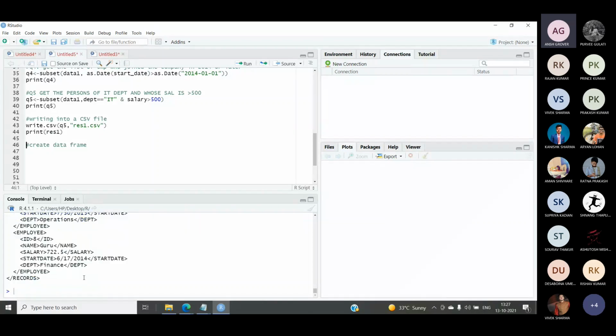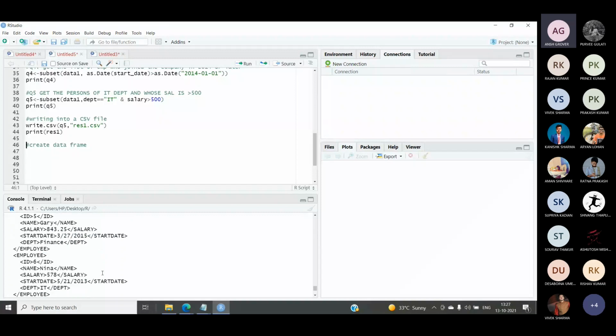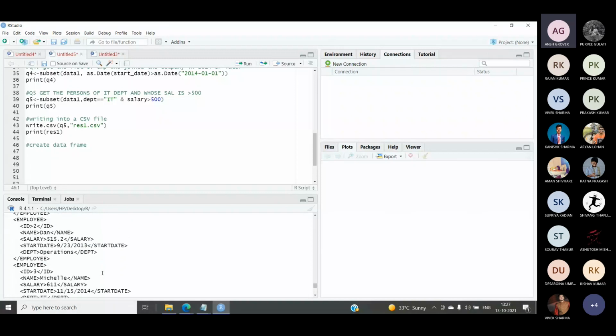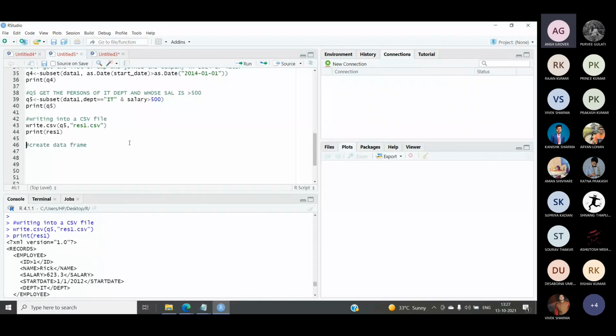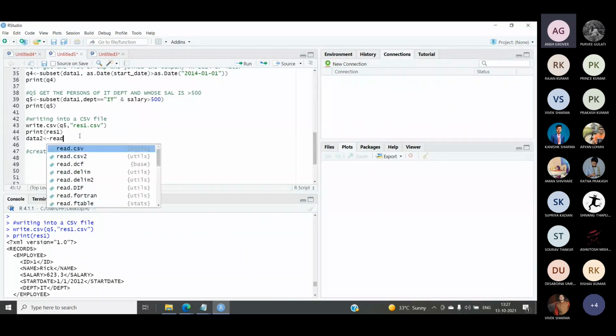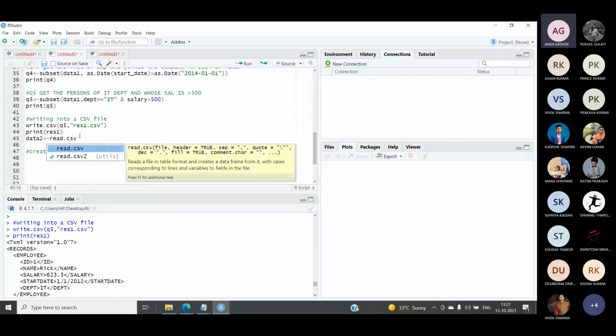Yes. Now you can see when I try to print this res1, it will change into some other format because of being this file. So if I want to access this inside the file, I have to re-import that file from that CSV file. So in this case, what I can do is go with one option. Let me call it data2. And inside this data2, I will read the CSV file. I will do read CSV.